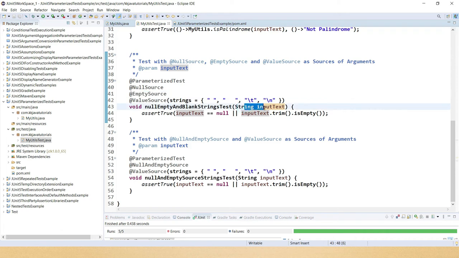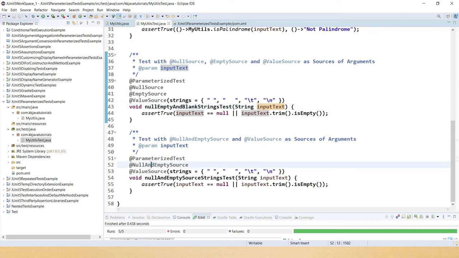Here you can use a string, a list, set, map, or primitive arrays, as well as any kind of object like a String object or Integer object. But you have to keep in mind that subtypes of supported types are not supported, right? Those things you'll have to keep in mind.